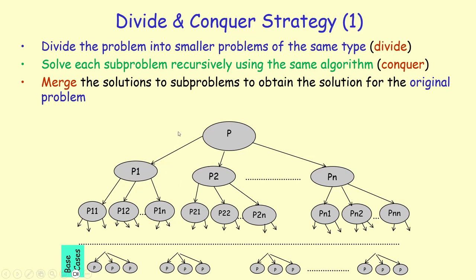We now backtrack from the recursion, going back up, merging the solutions to these subproblems to obtain the solutions to the bigger problems. Eventually, we are going to come to the original first recursive call, P, where we are going to obtain the solution to P1, the solution to P2, and the solution to Pn. So what remains is merging the solutions to these subproblems to obtain the solution to the original problem P and returning it from the function.